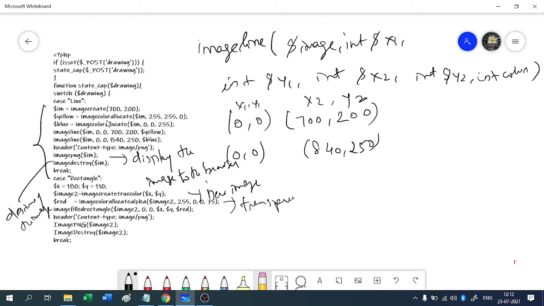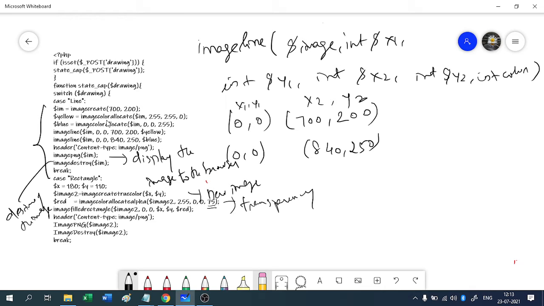That is the difference between image color allocate and image color allocate alpha. In image color allocate we have seen 4 attributes, and this one has 5 attributes. The additional attribute is the transparency value. So see here, image color allocate alpha of $image2, 255, 0, 0, 75.